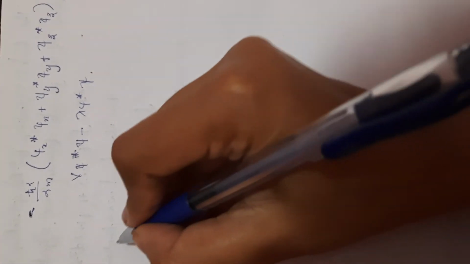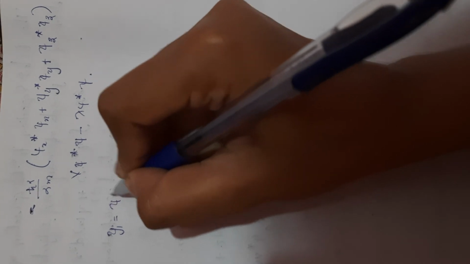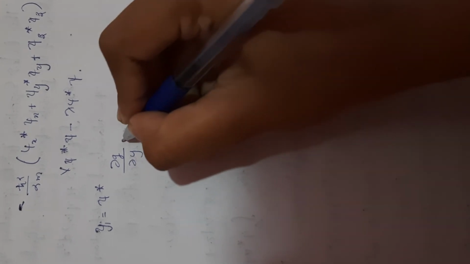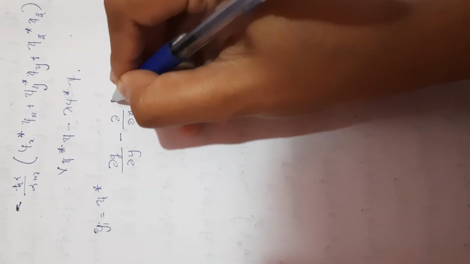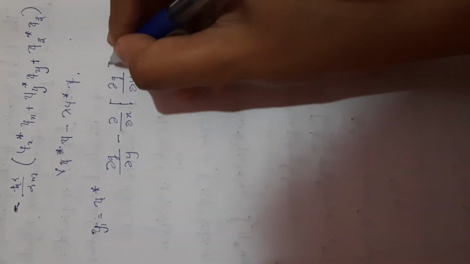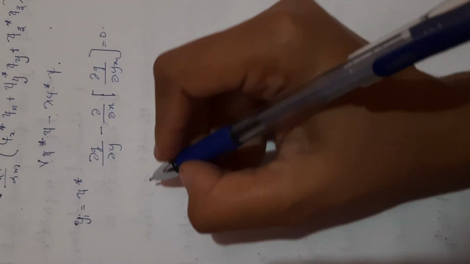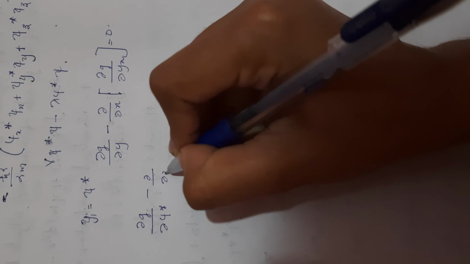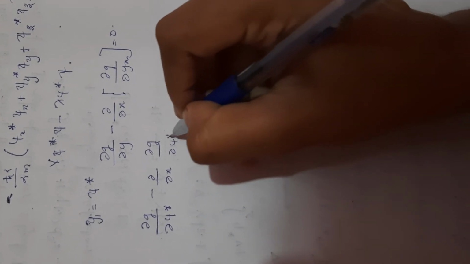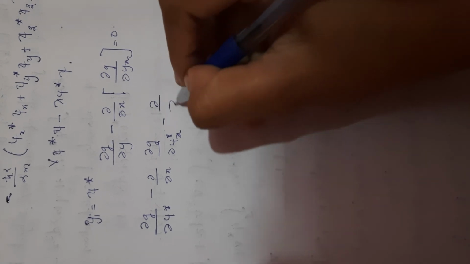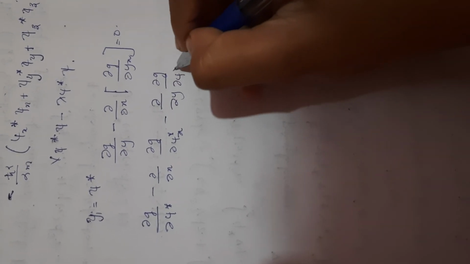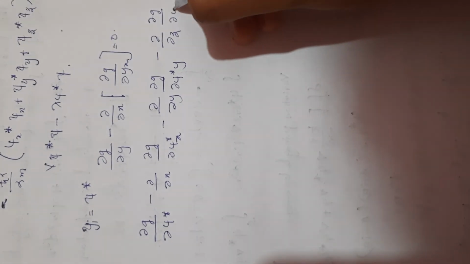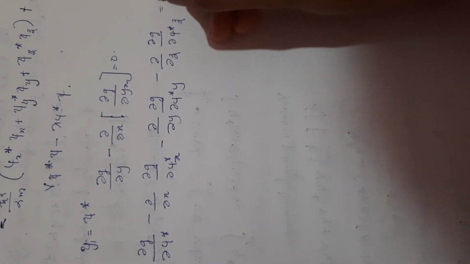Then for ψ, with y i equal to ψ star, our Euler equation can be written as ∂g/∂y minus ∂/∂x of ∂g/∂y x is equal to 0. Then our equation becomes ∂g/∂ψ star minus ∂/∂x of ∂g/∂ψ star x minus ∂/∂y of ∂g/∂ψ star y minus ∂/∂z of ∂g/∂ψ star z is equal to 0.